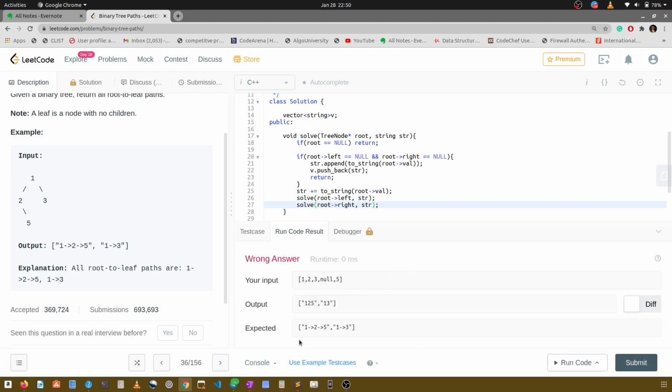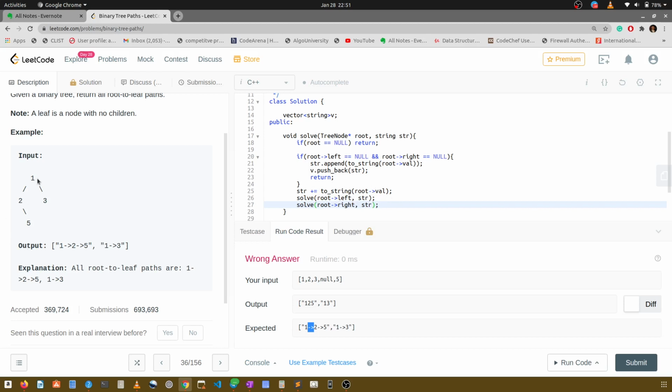Okay, this arrow and this dash sign. Okay, we also have to insert this. So let's see what I can do.